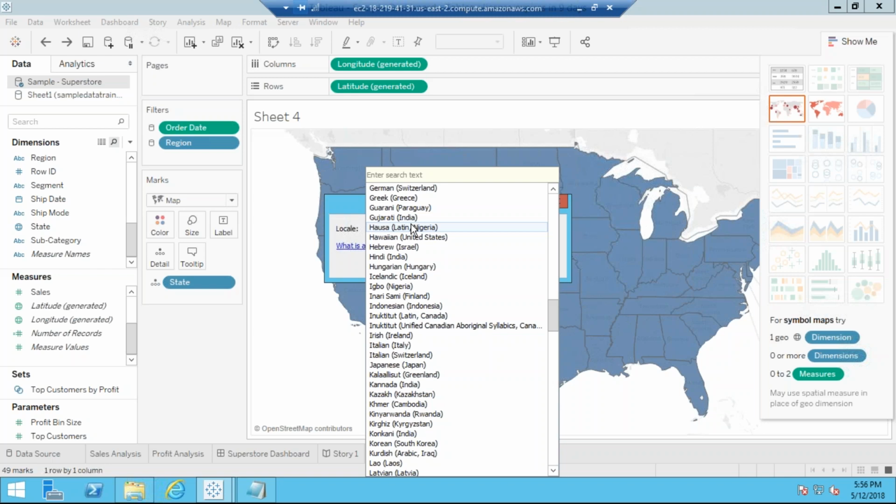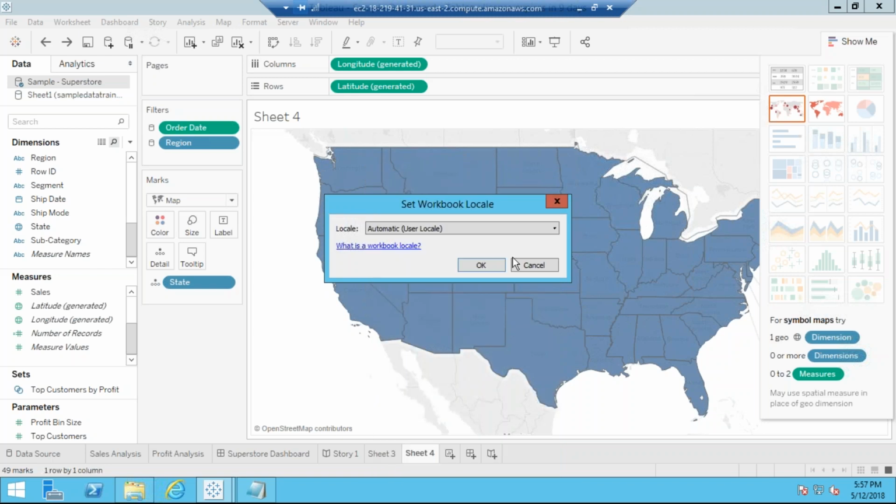The response that came from that side was that if you want to see the complete map of India, including J&K, then you have to use any of the Indian languages. Normally we use English India or Hindi India. This way you can get the complete map. Remember this, because I have seen a lot of people complaining that it is wrong to show the wrong map.